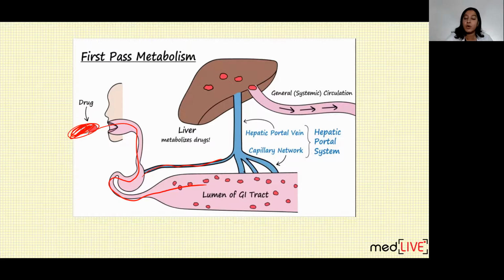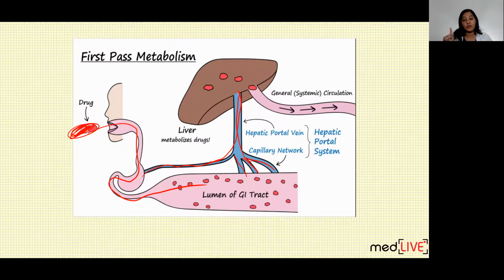Of course, after absorption, where will these blood vessels take the drug? First, they take the drug into the liver. This is known as portal circulation. So the liver acts as a filter. They directly don't go in the heart. Normally, all the veins go in the heart, right side of the heart. They drain in the right auricle of the heart. From the right auricle, they go in the right ventricle, and from the right ventricle, they go in lungs for purification. After that, they come on the left side of the heart and through the aorta, it is distributed in systemic circulation.